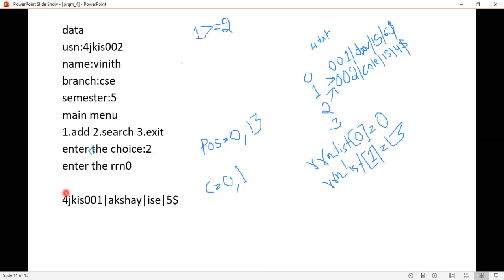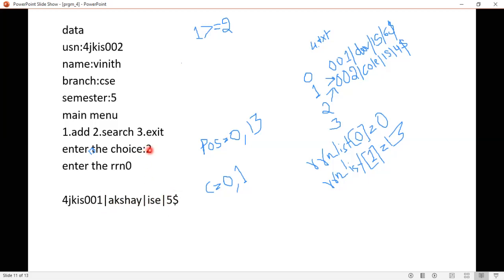How is it returned? It is already packed: USN followed by the field delimiter, name, then field delimiter, branch, and then the semester followed by the record delimiter. This is the output.